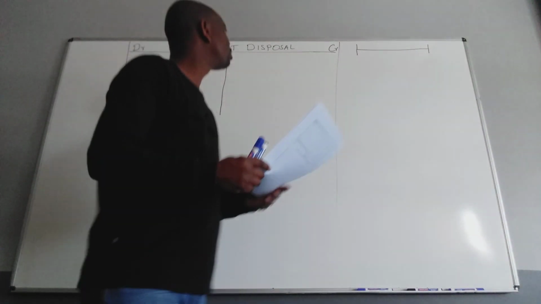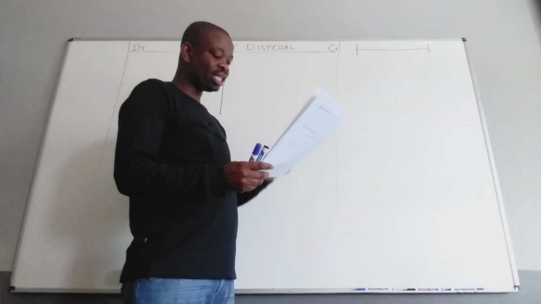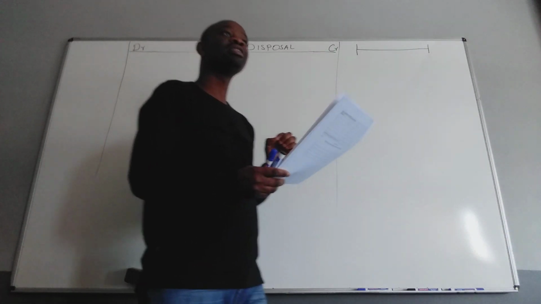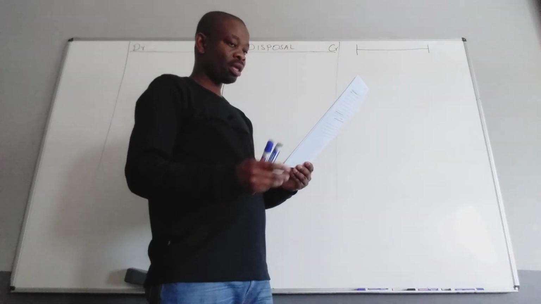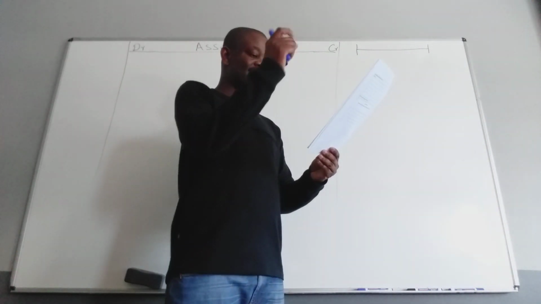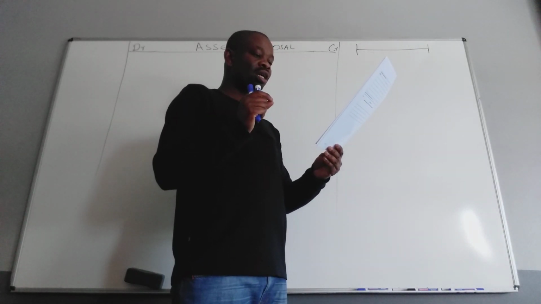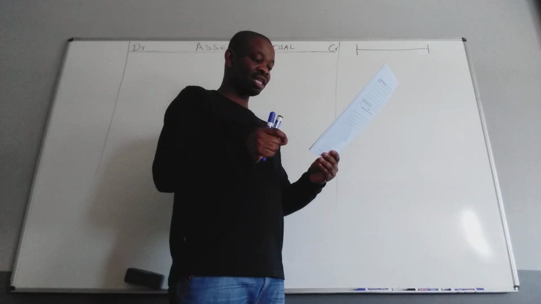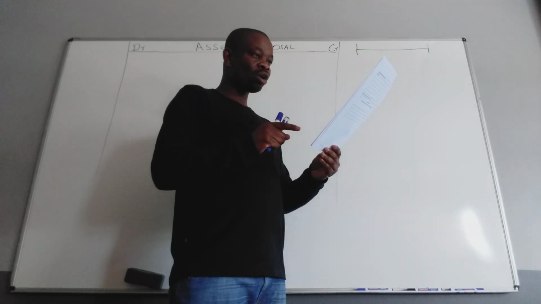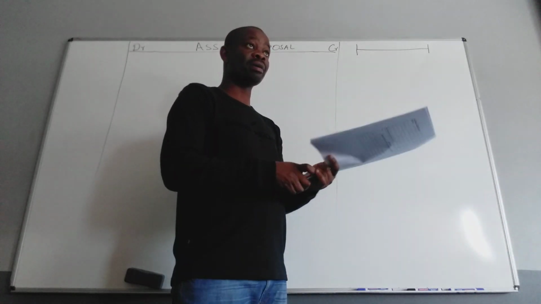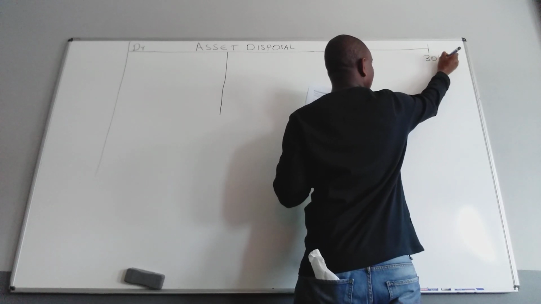Remember we said, for us to know the accounting period, we need to go to the required part on the same page. Yeah, requirements. And there's a date there. They said they want us to prepare the asset disposal, which took place on the 1st of Jan. But our check 1.2, we end our year on the 30th of what? September. So this is going to be our end period, 30th of September